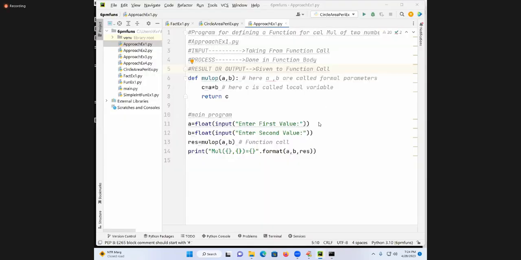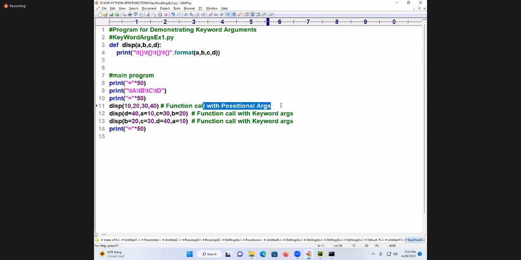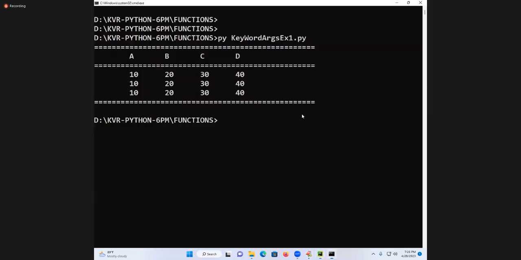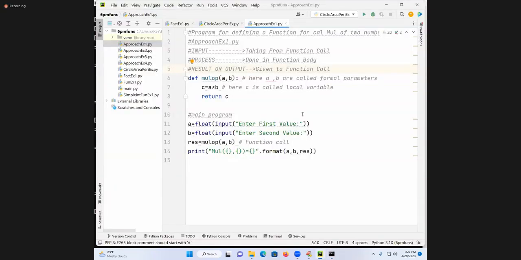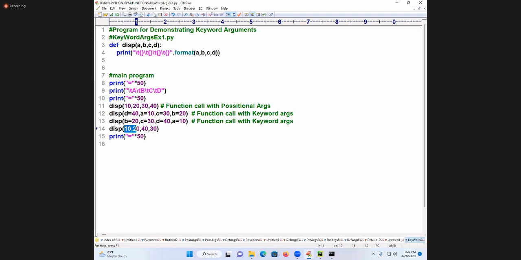Okay. What is this function called? With the positional argument. What is this function called? Keyword argument we can call. I will go to display, take care, 10, 20, 40, 30. First two, okay. Next two, missing. See, first two okay, last two interchanged. Can you adjust it? Adjust. First two, I don't want to touch.